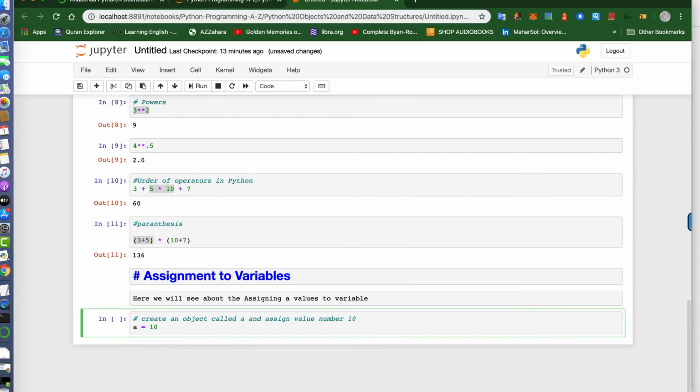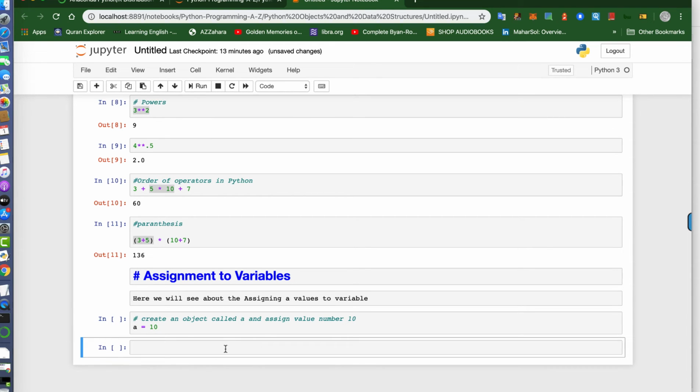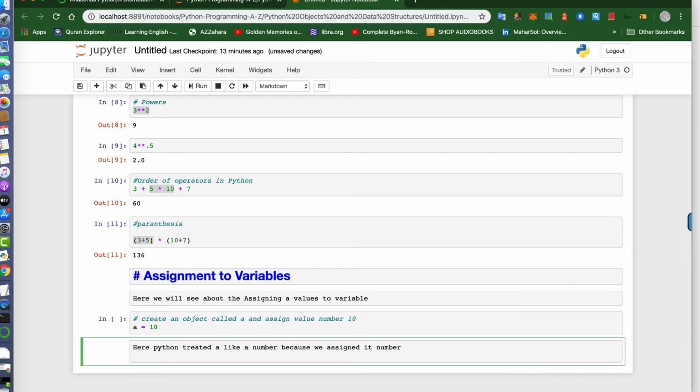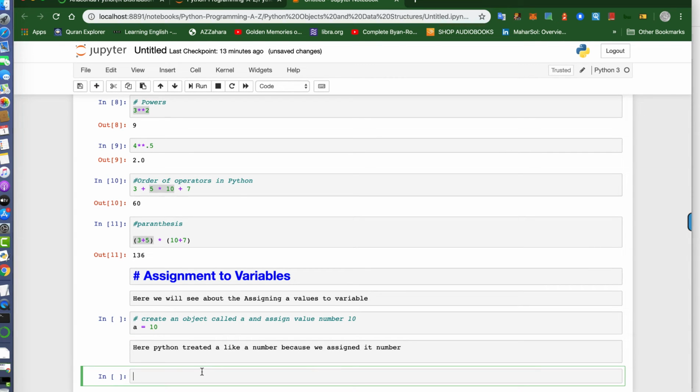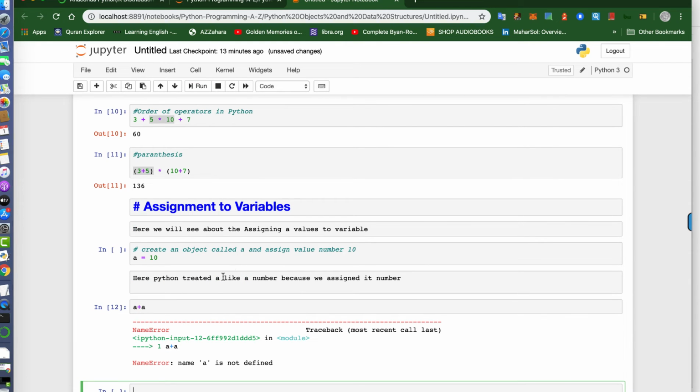Now if the Python script treated it as a string, like that, here just mark down, here Python treated A like a number because we assigned it a number. So if we see here, A plus A,